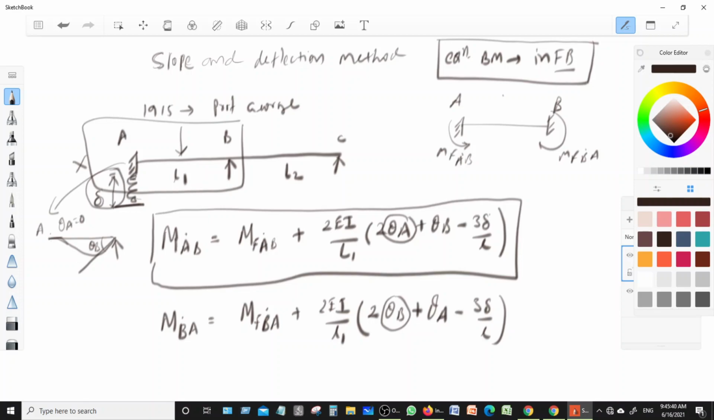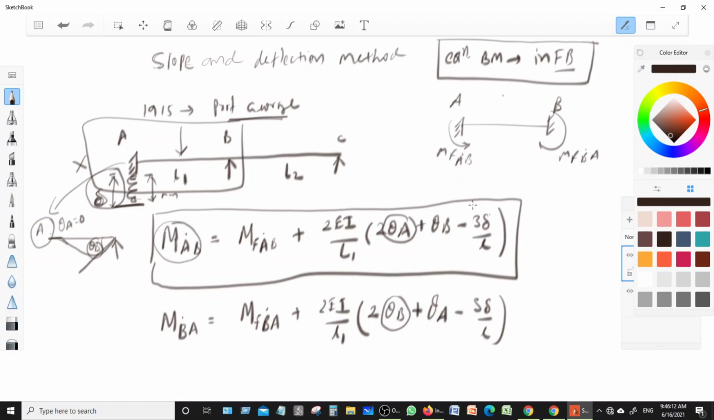Otherwise, this delta value is given, that is, how much deflection there will be of this support due to the suspension. So, theta A is the slope at A due to the external loading. Theta B is the slope at B due to the external loading, right? So, this is the generalized equation given by Professor George to find the support